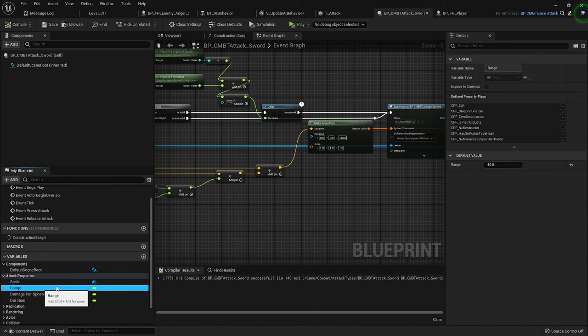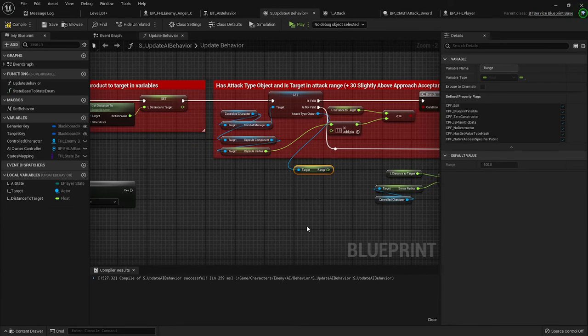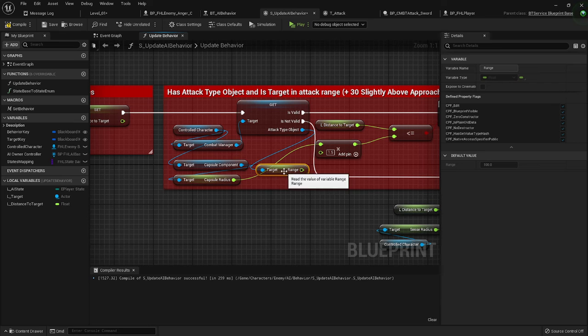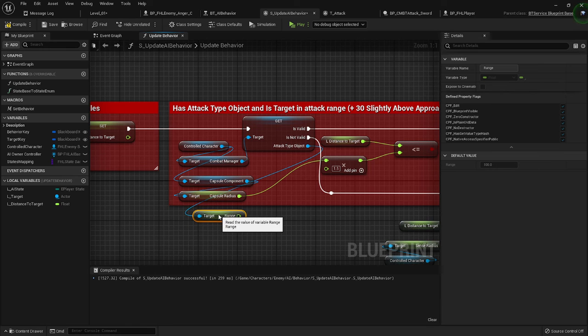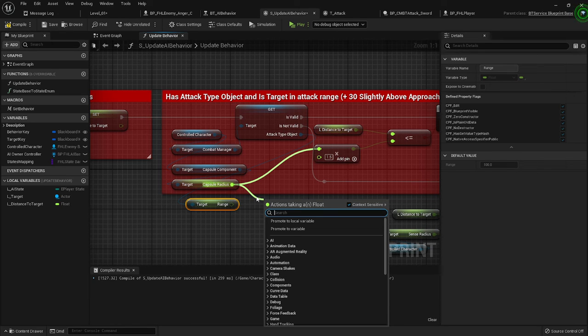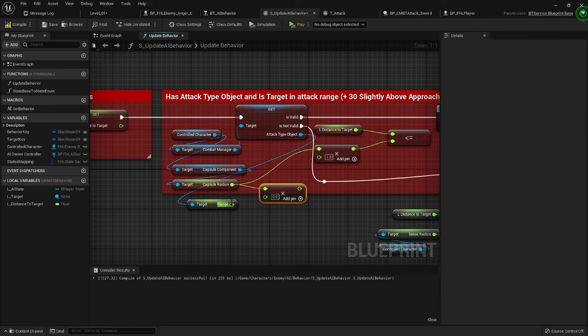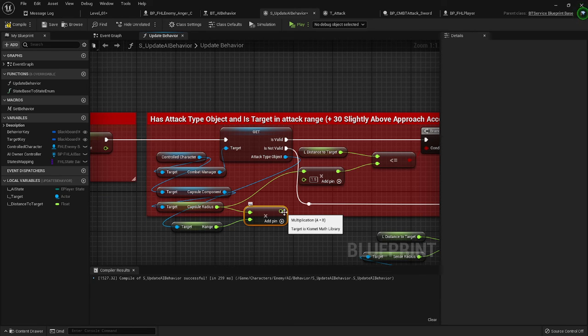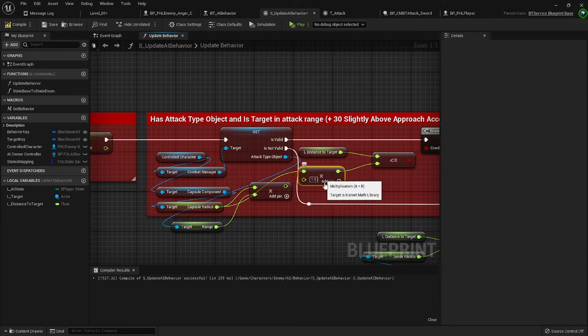Okay, sprite range. What I'm trying to do is modify the AI behavior based on whatever attack type it's using. So for here, let's start with the range. Capsule radius times 5, and then you have the range. Okay, how about we add the range to the capsule radius, because that's where the attack spheres are spawned, and then we use that if the character is close enough, meaning if the distance to the character